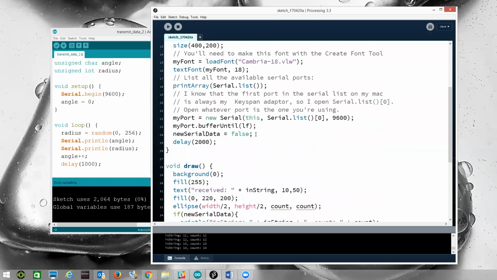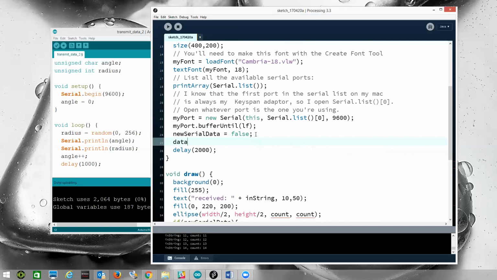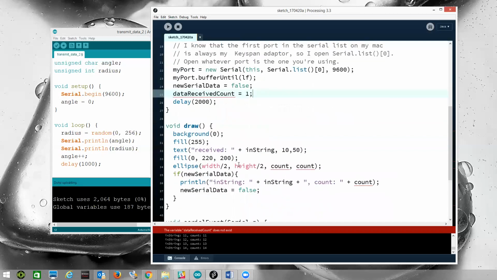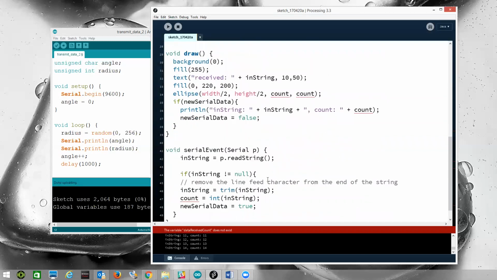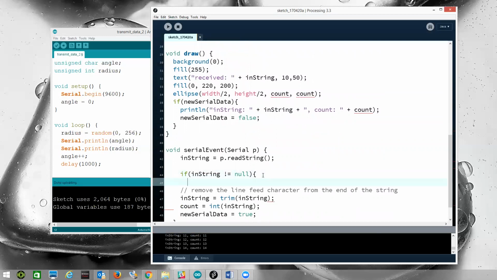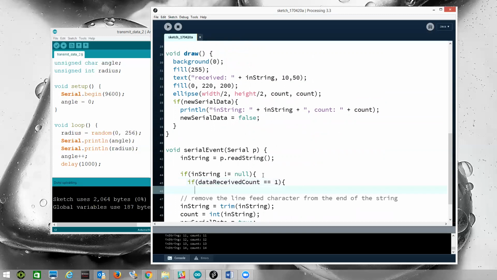So we're going to create a count then that keeps track of data received count equals 1. So now in here, if my string is not equal to null, I'm going to say if data received count equals 1, all right, if this equals 1, then